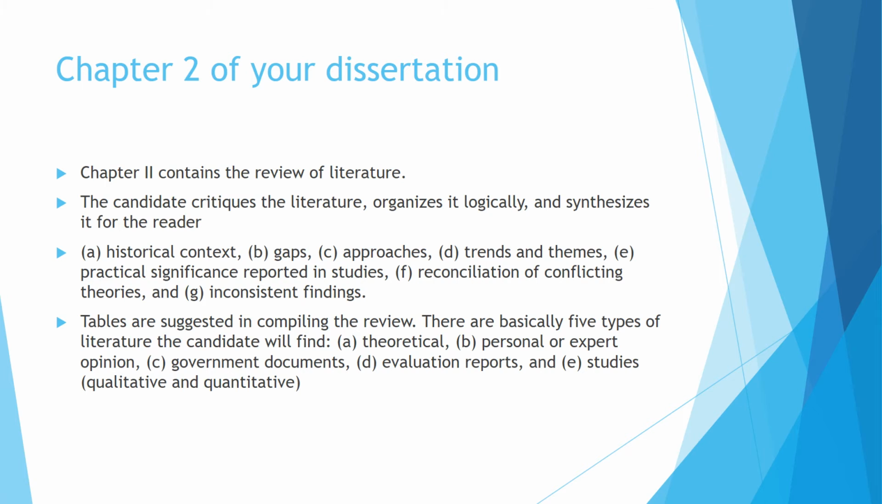As I've said before, chapter 2 may be the most robust piece of your dissertation. It usually runs around 50 pages in length. It's a review of the literature on your topic or the problem that you're studying. You've got to be able to critique the literature, organize it very logically, and synthesize information for the readers. Look at it from a contextual standpoint, either historical, different approaches, trends and themes, practical significance, also conflicting theories, and